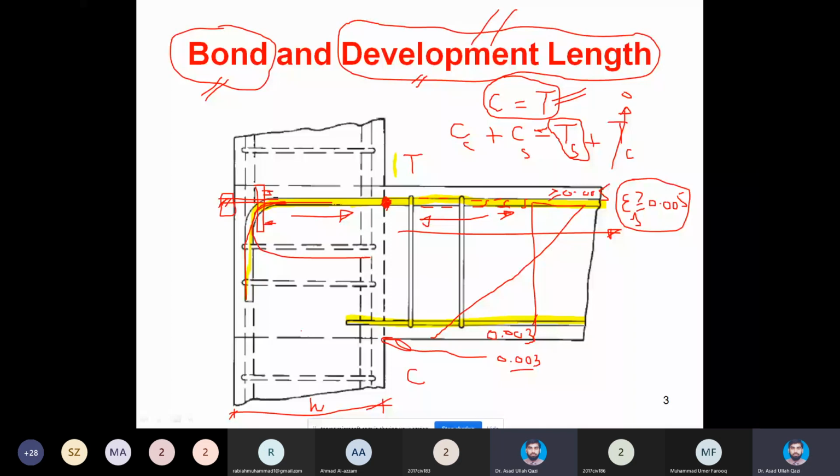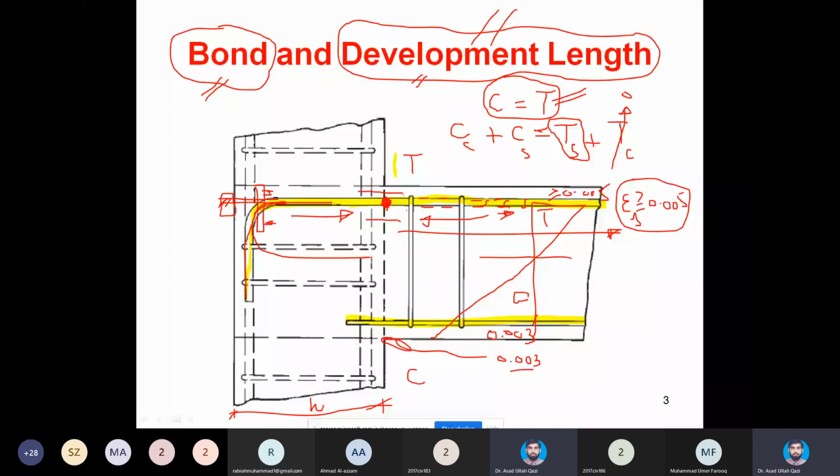For example, we have the idea that below neutral axis there is a C, and above neutral axis, because it is a hogging section, there is a T. And the contribution of concrete is bigger in compression. So above neutral axis, there is no contribution of concrete in resisting bending tensile stresses, and all the tensile stresses are developed by the steel. But it is important to note that above neutral axis, concrete is enveloping the bars. It is